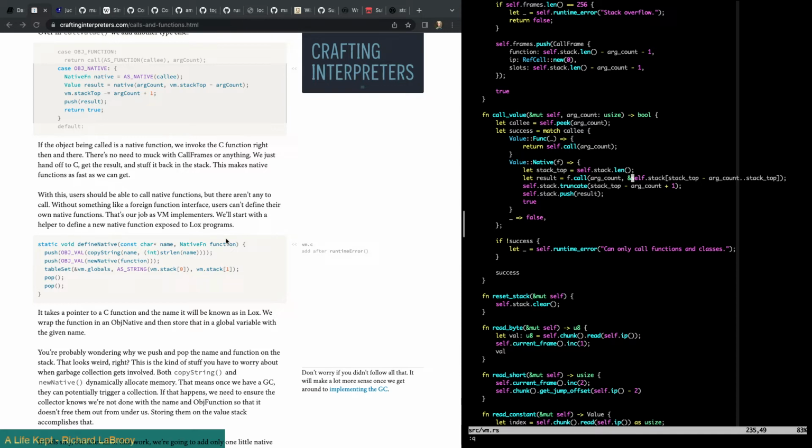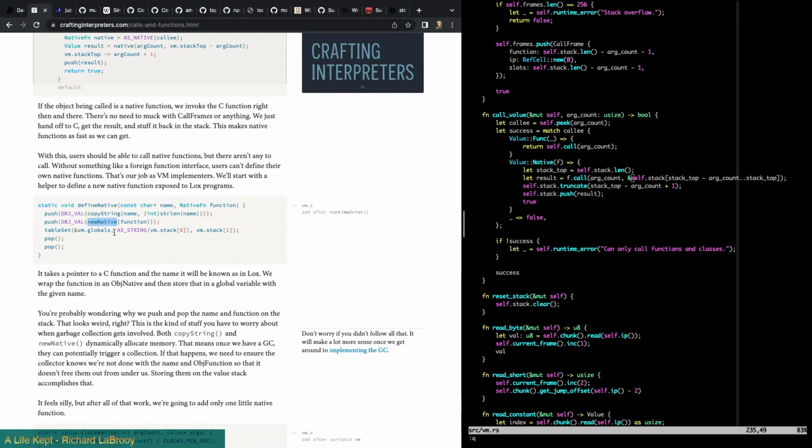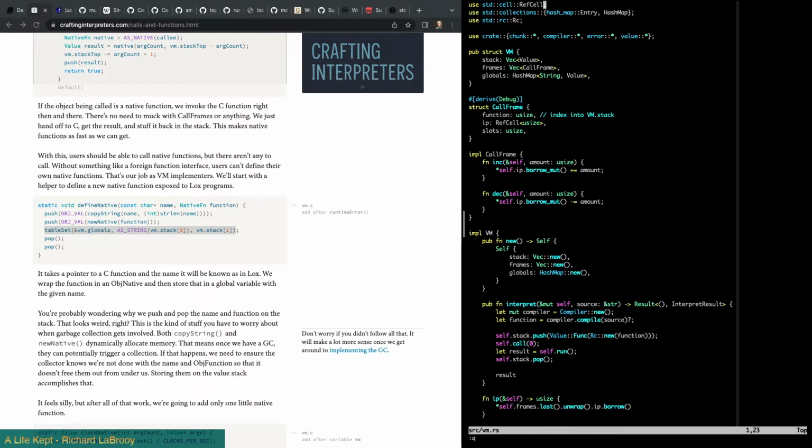We'll start with a helper to define a new native function exposed to Lox programs. All right, so what this is doing is pushing a string, pushing the native function on the stack. It's calling table set. So table, right? Table was our hash map of globals.